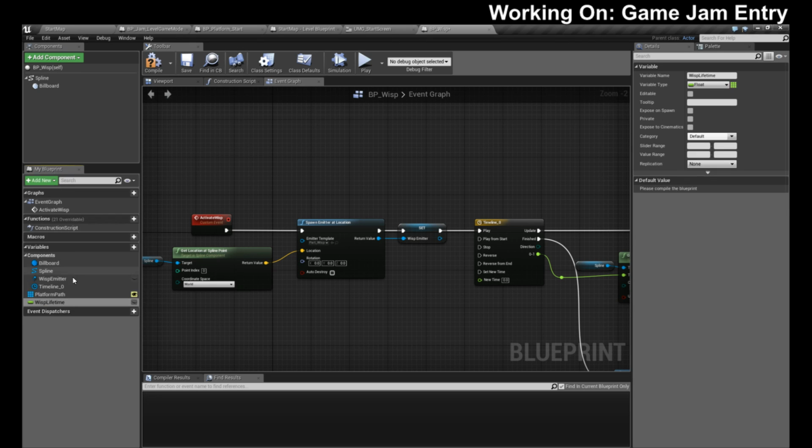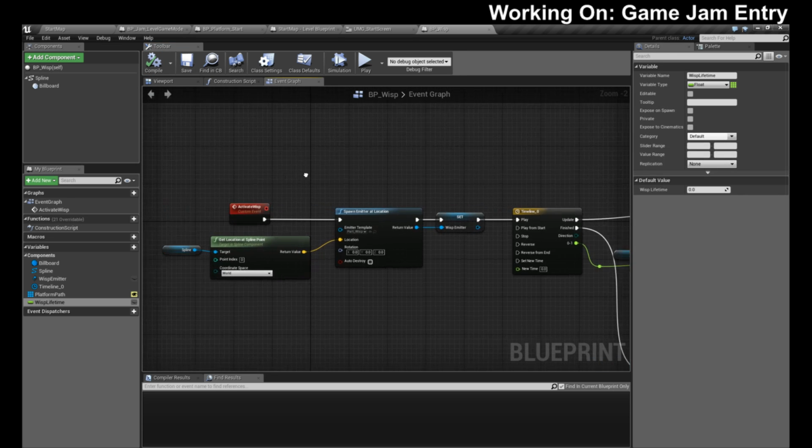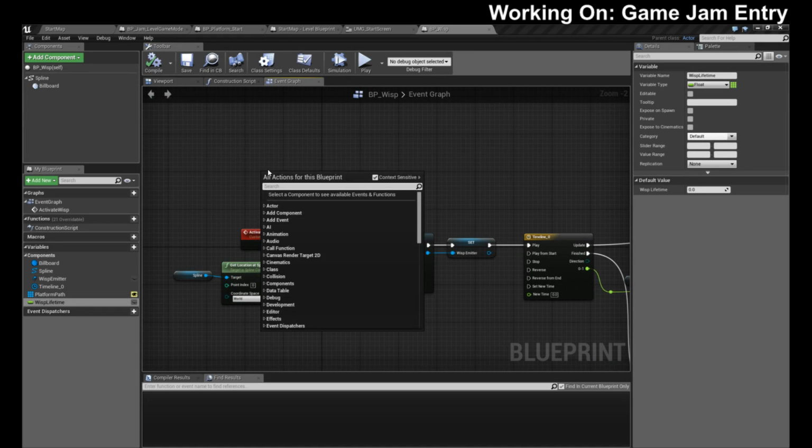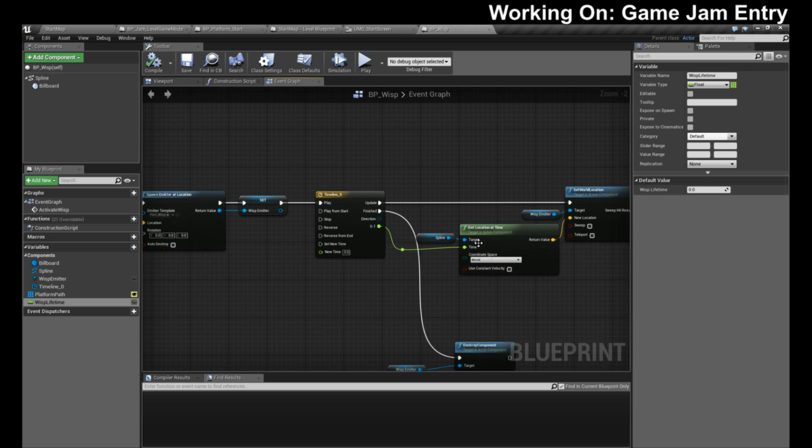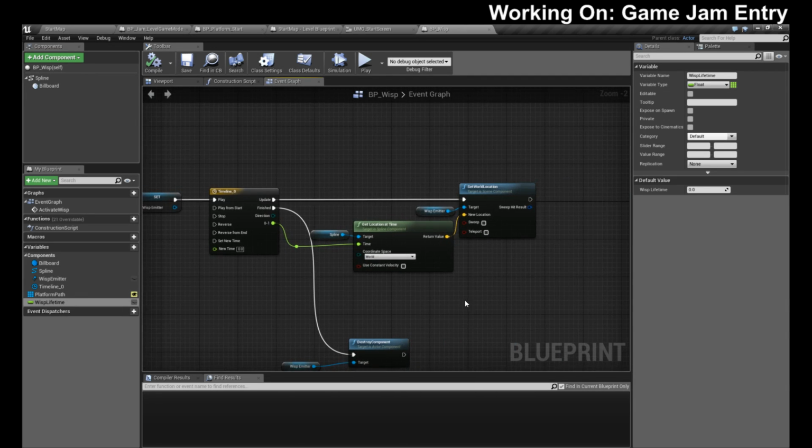I do want to allow myself to do that. So basically, I need to split time up by the wisp lifetime to get the location.